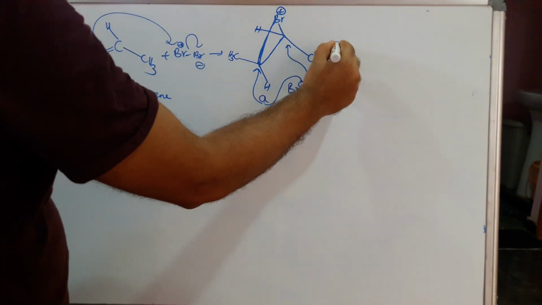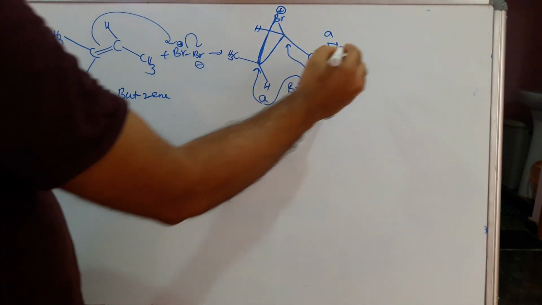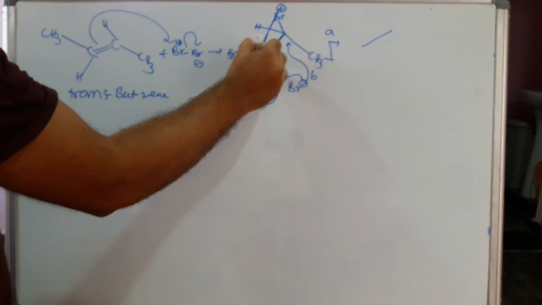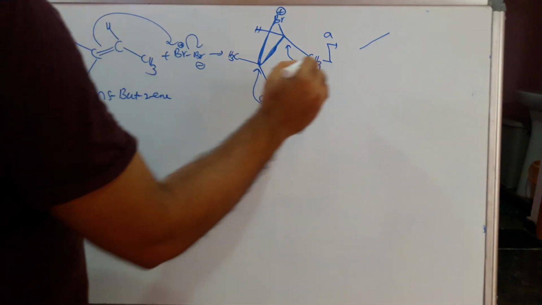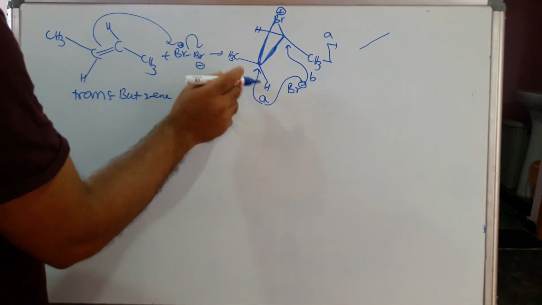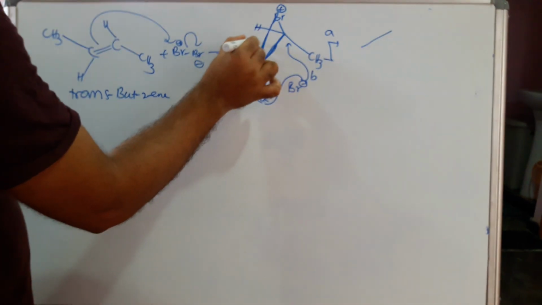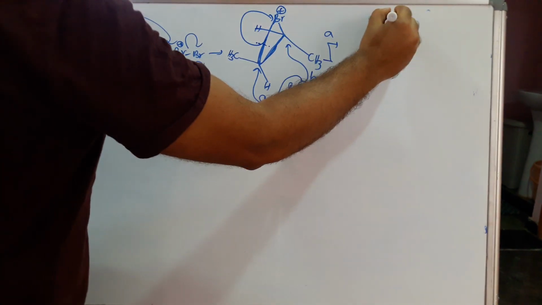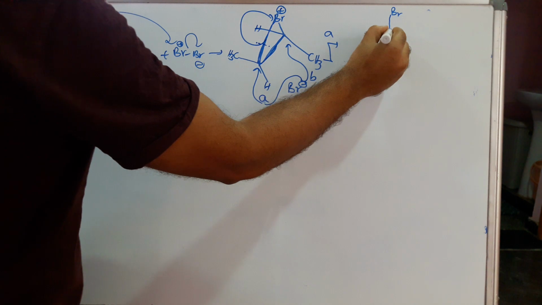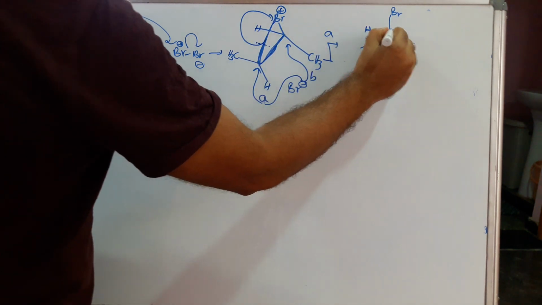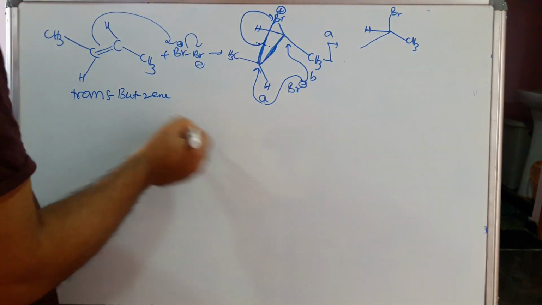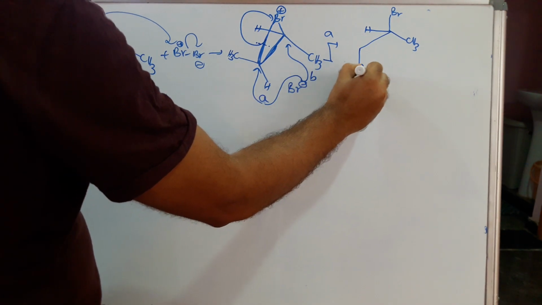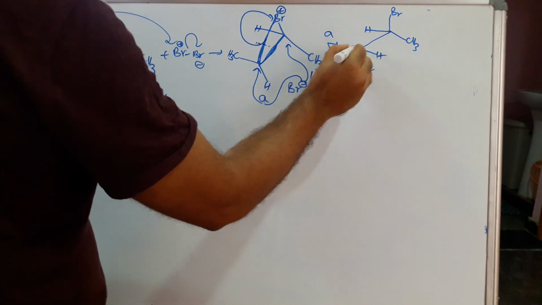When it is taken as path A, then what will be the product? This is a carbon-carbon line. When path A is there, this bond will break down. It means like this. Then this should be exactly up. Then this will be the hydrogen, and this will be the CH3 for the second carbon. If it comes to the first carbon, this will be the bromine, and this will be the hydrogen, this will